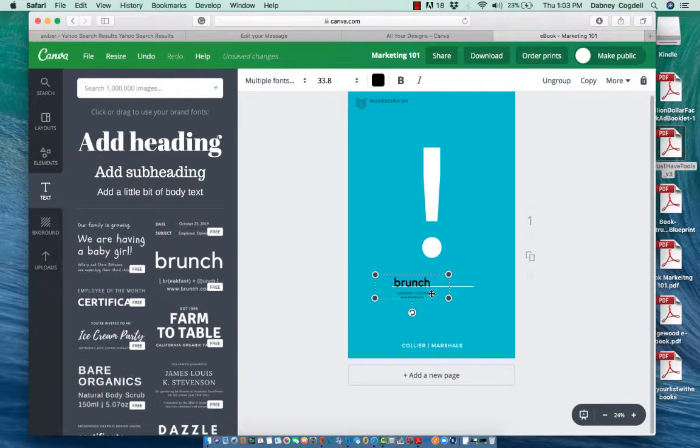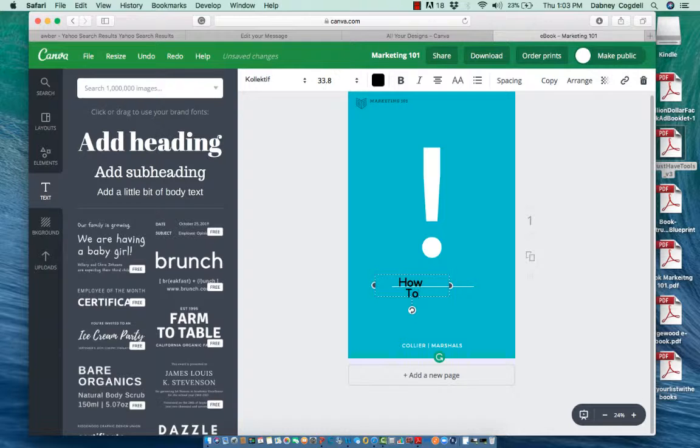All right, so we're going to delete that part. No, we're going to, let's see this. Okay, so you see the little letters changed, and now we're going to take this other one down. We're going to delete that. Delete the element. So now we have brunch. So we're going to change brunch, and we're going to write how to write